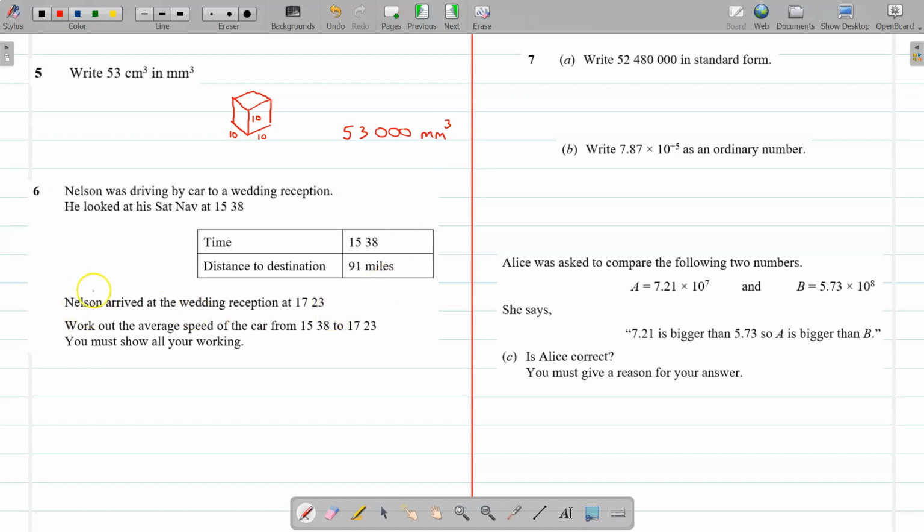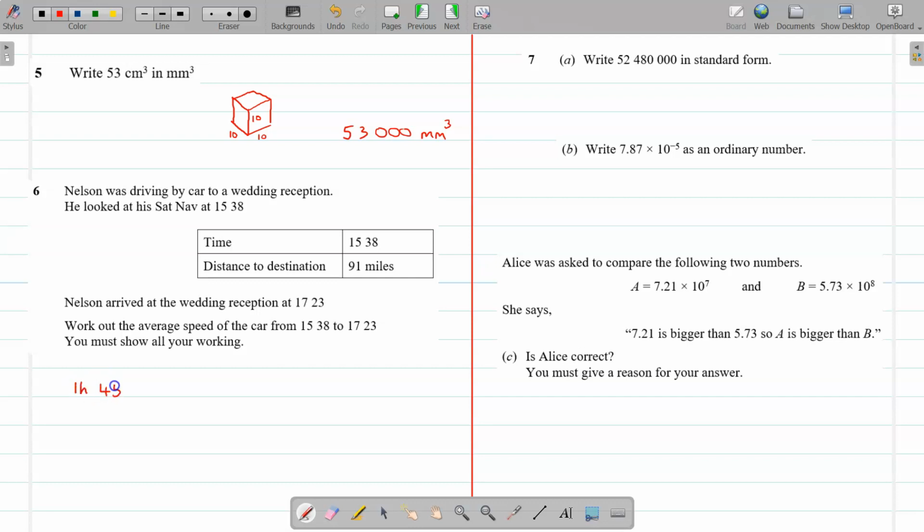Okay, Nelson driving the car to a wedding reception. 15:38 is the time that he left. He arrived at 17:23. So how long was that? Well, you see, if you went from 3:38 to 4:38, that's 1 hour. Then you go to 5:08 is 1.5 hours, and it's fairly quick to work out that it's 1 hour 45